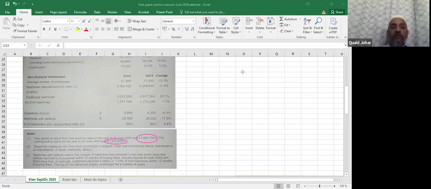So from here you can note one more thing, एक और चीज आप नोट कर लें इस डेटा से, और वो ये कि जो इनकी सेल्स है ग्लोबली वो भी कम हुई है।